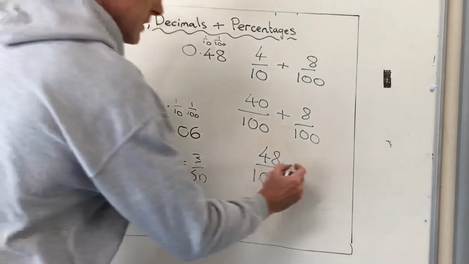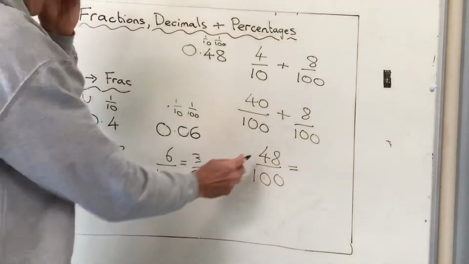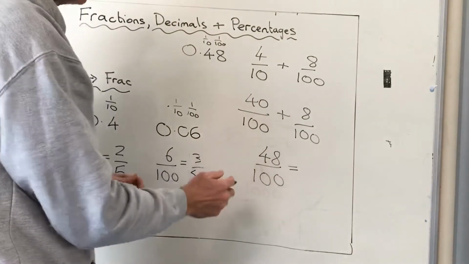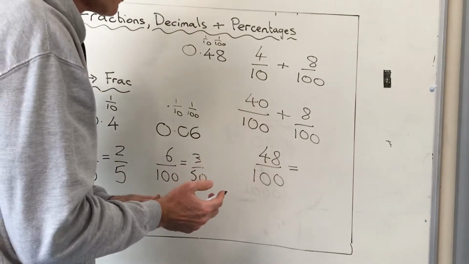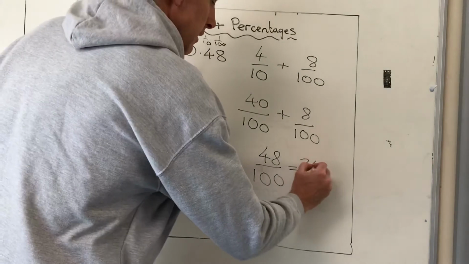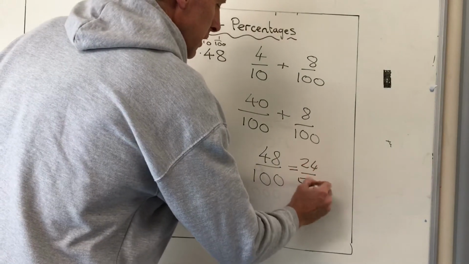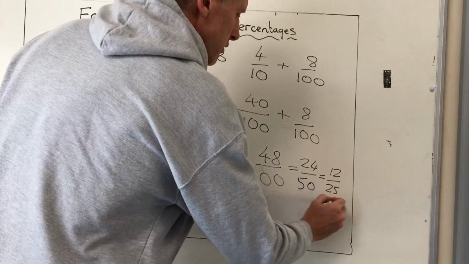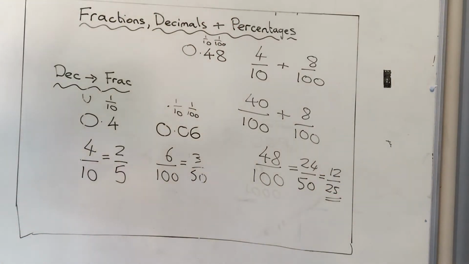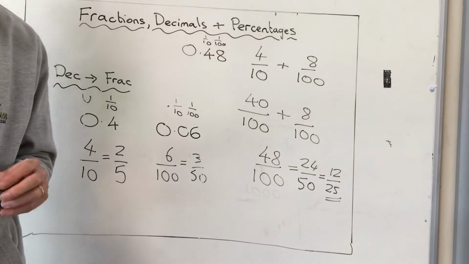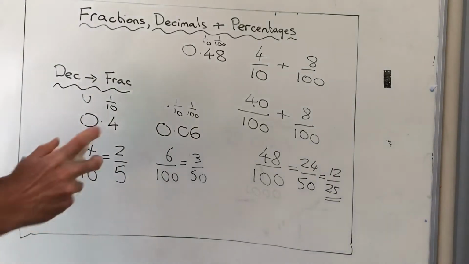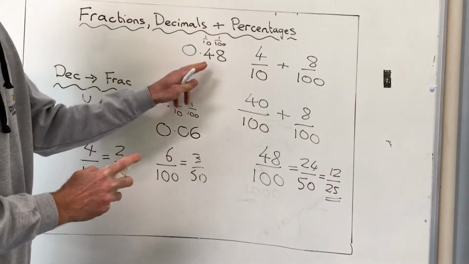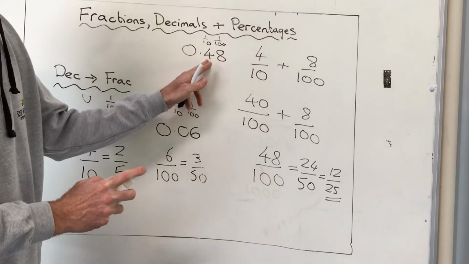We can then put that into lowest terms. 48/100ths divided by 2 is 24/50ths. You want to write that out, but we can divide by 2 again to get 12/25. Now, that's quite a long-winded method, but I hope you understand where we get the 4/10 from, where we get